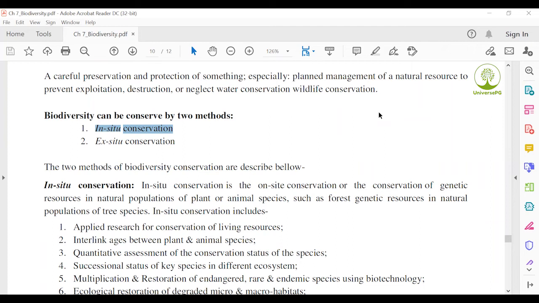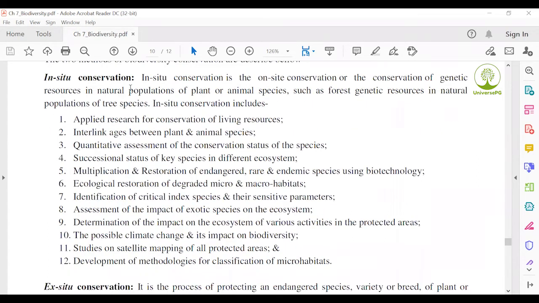And ex situ conservation: when a species is lost in Zinaida, and the species is found in Dhaka, when we collect the species from Dhaka and it is conserved in Zinaida, this transfer and this type of process is called ex situ conservation. So in ex situ conservation, from another place we collect a species and transfer it to another place for the conservation. These types are called ex situ conservation.